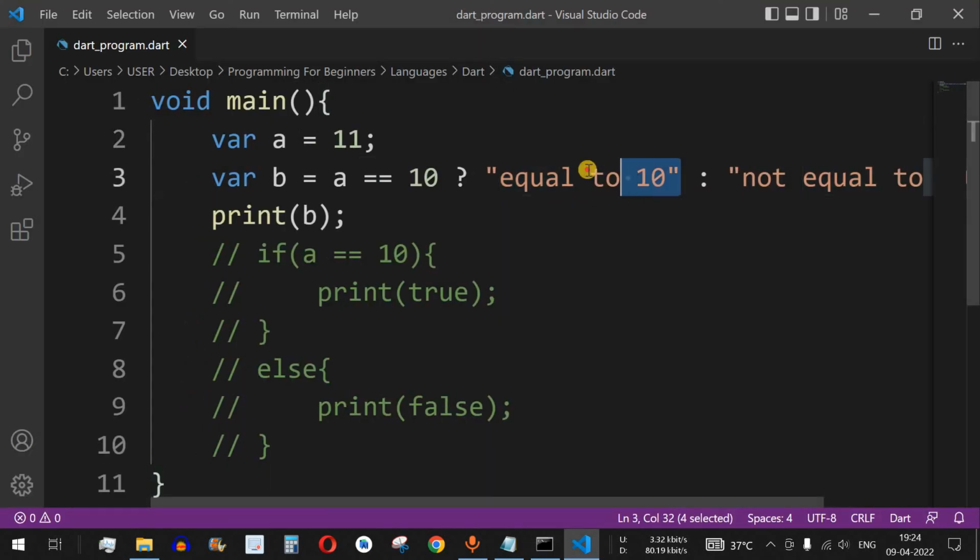So guys, in this way you can either return a string value, an integer value, or a double value as well, provide it to a particular variable and print that variable, or you can use it in any other arithmetic operations as well. So guys, that's it in this video.